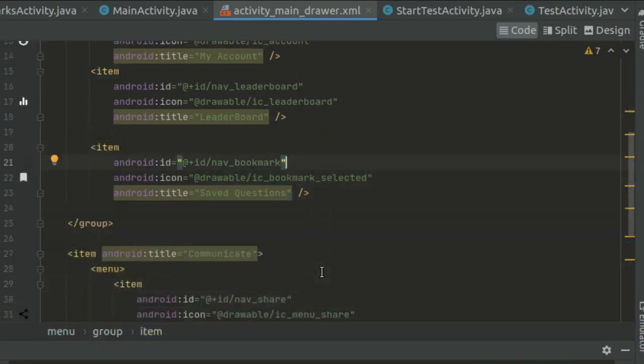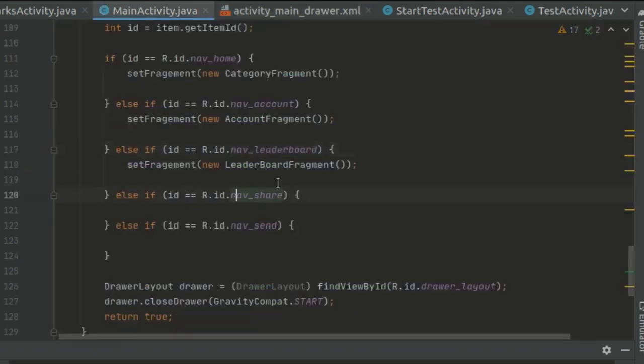Then navigation bookmark, it is okay. Then come back to the main activity, and here create another case,